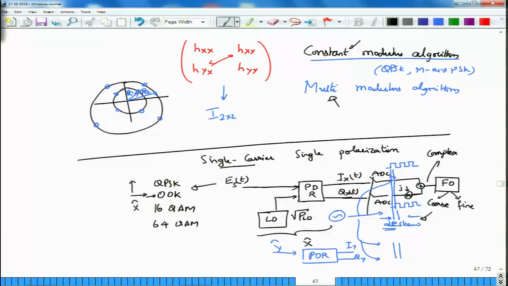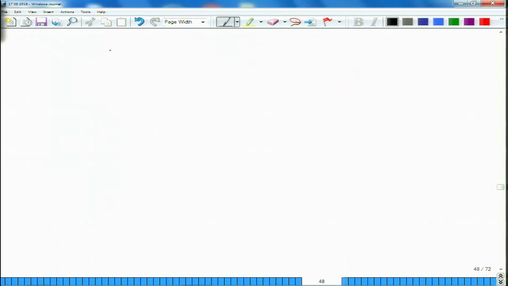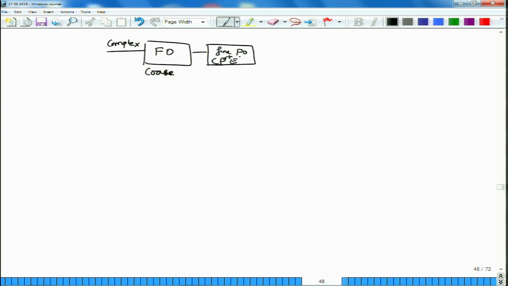You do the fine correction later on, because the next block that you are going to get after the carrier frequency offset is the phase noise block, or the phase block. So let me rewrite them here. I am getting a complex sample from the ADCs. The first thing I am going to do is the frequency offset. I may do only coarse here and then leave the finer part to combine. So fine frequency offset plus carrier phase estimation. Now carrier phase estimation, or simply phase estimation, is an extremely important block in this entire receiver system.